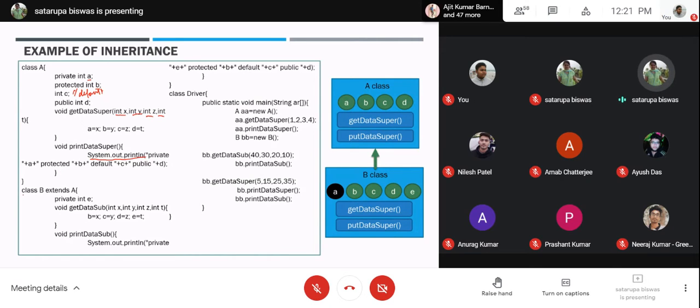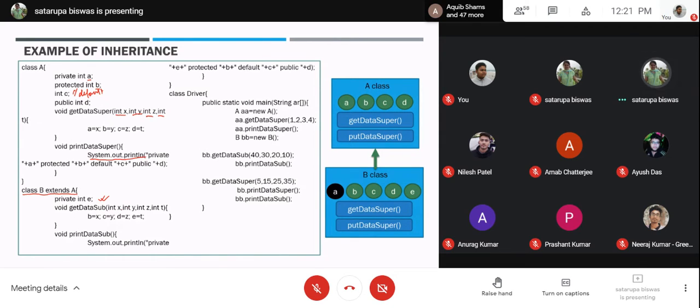Now your class B is extending the properties of A in this way. Along with that, it has its specialized variable private int E. Now when we write getDataSub, earlier it was getDataSuper, now we have getDataSub.